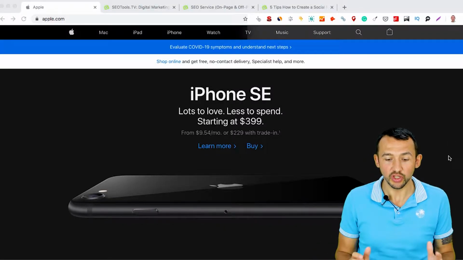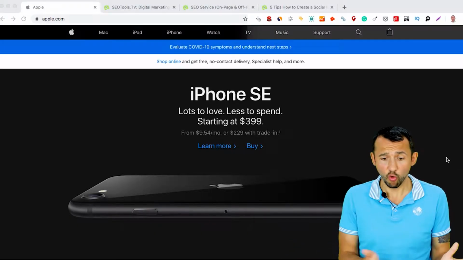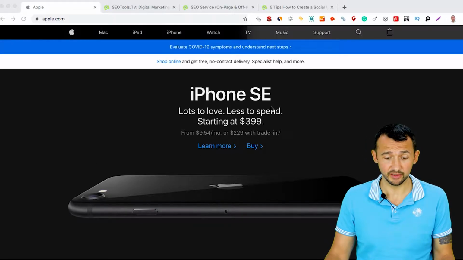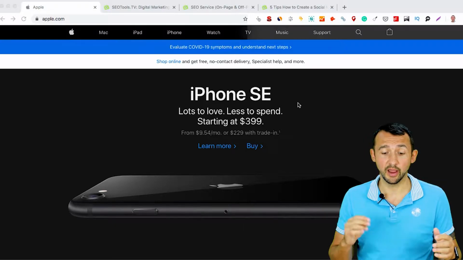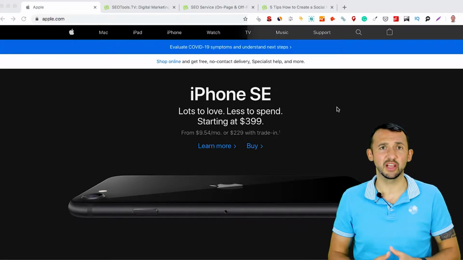Okay, let me share my screen. I wanna start from my first tip, which is to sell only one product from one visible screen. And a great example is apple.com. I open their website and you can see that Apple sells the best-selling product, iPhone SE, from the first visible screen. I don't see any catalog, I don't see any other goods, because customers hate it.